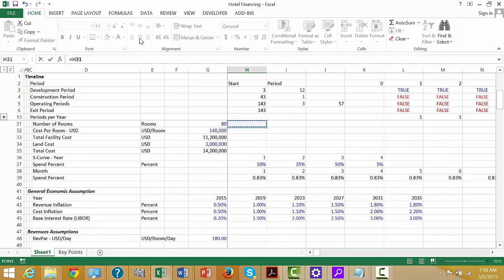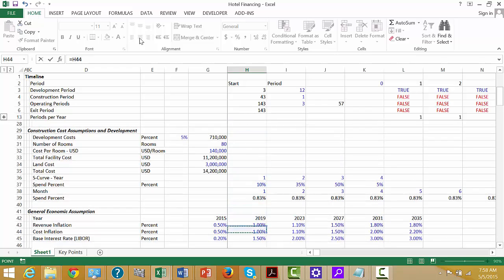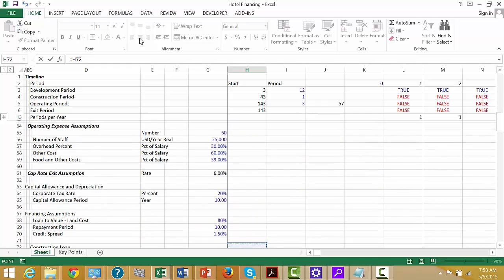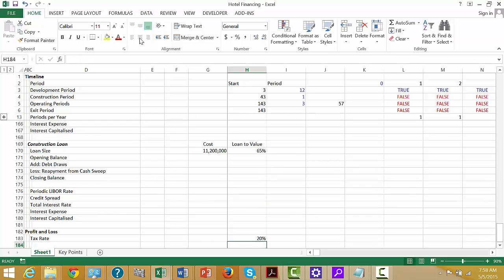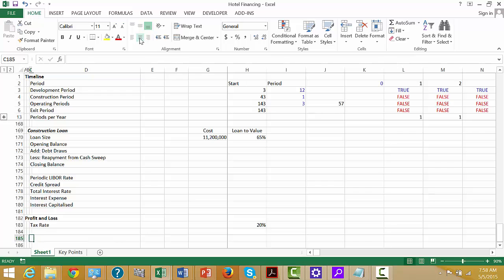I think 0, perhaps. So where we put general economic assumptions, we put the financing and the tax rate. So we'll put that in, and then we'll put the revenues less the operating cost,